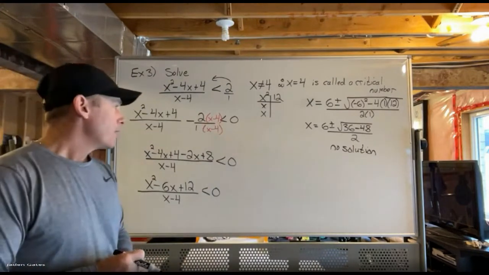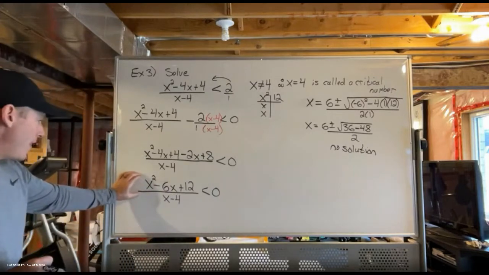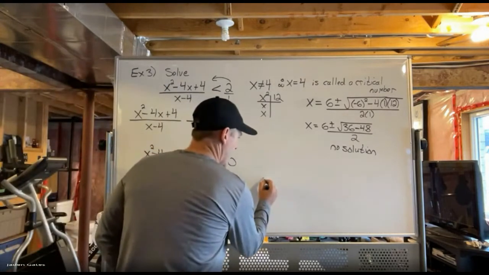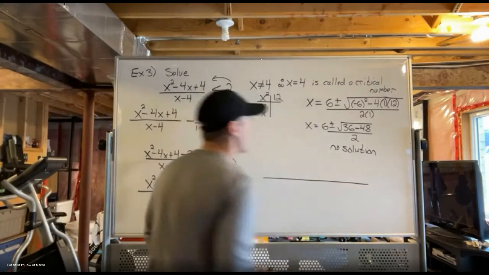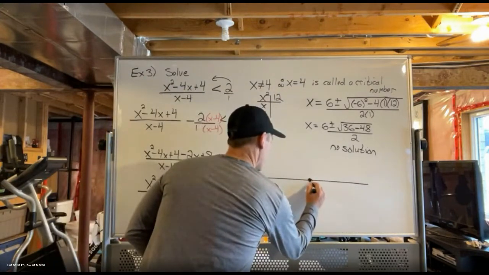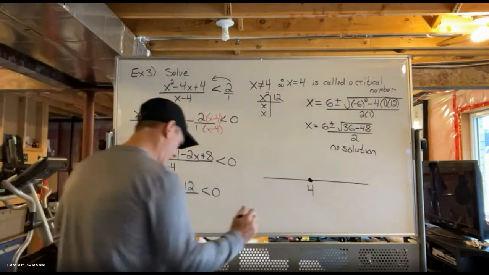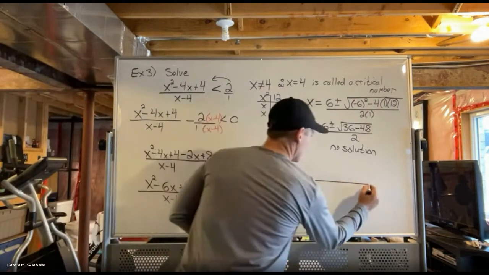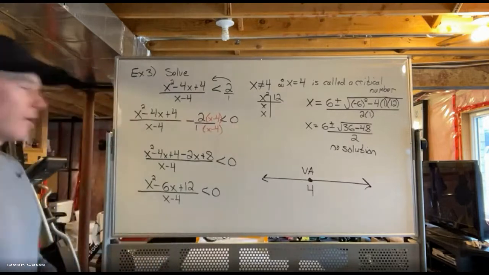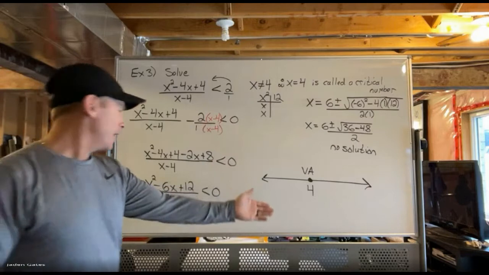All right. So here's where we're at to solve this inequality. I've got this simplified version, as simple as it's going to get. And so I'm going to now do my number line. But I've only got one number to worry about, the x equals 4. So what I want to look at is my intervals. And there's a VA there. And so all I'm going to look at is, on my interval here, do I have a positive or negative